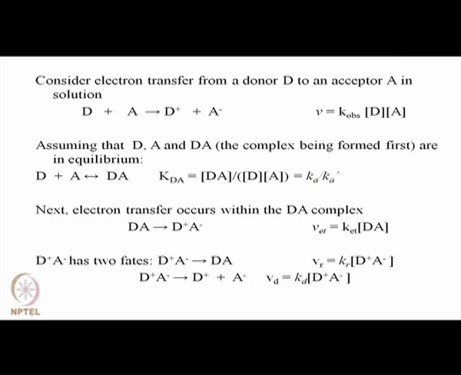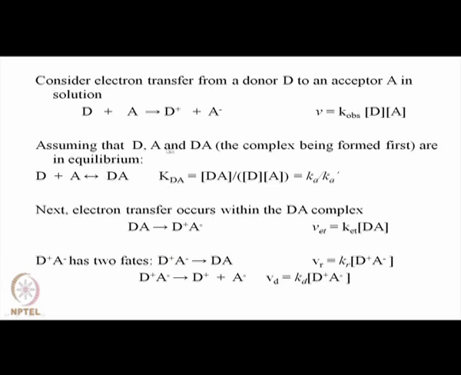Now, let us again consider this electron transfer from a donor to an acceptor, D plus A giving rise to D plus and A minus, where the velocity of the reaction, since it is an elementary process, as I told you, we started with A plus B, but here we go from an uncharged state to a charged state. So, velocity is k observed into concentration of D into concentration of A,